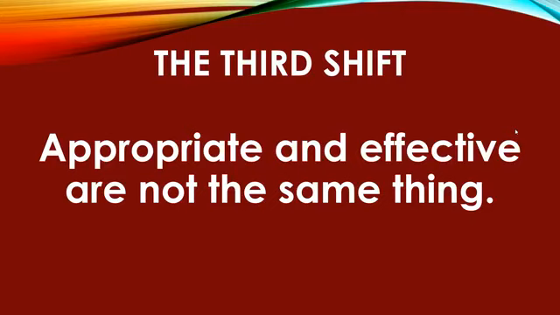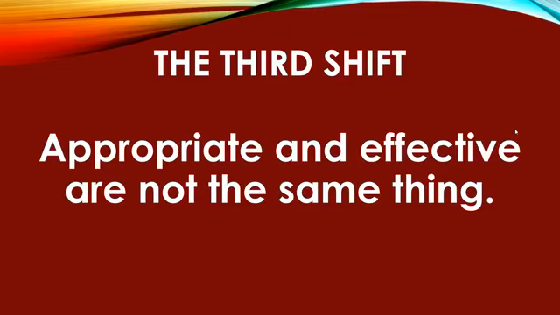So let's move on to the third shift. I love this one because obviously we've gotten to the point where we know that they care about this. We need to be direct with them. We can't just let them figure it out and throw them into the situation, and they might not just figure it out if they're struggling. But the other thing is that appropriate and effective are not the same thing. Here's what I mean by that. We get this idea of how we should act, what, quote, normal behavior is, and that might not be the best way to go about doing things for these particular students who are struggling.